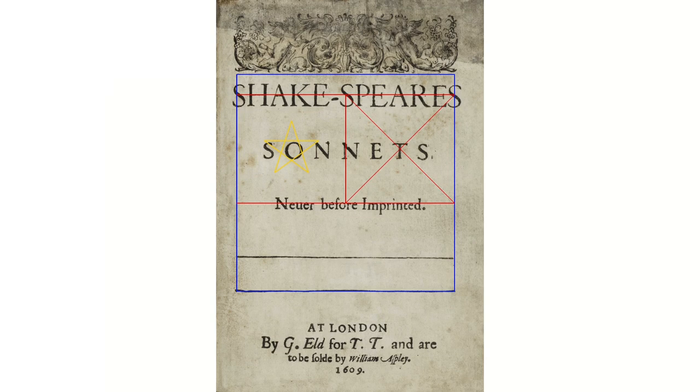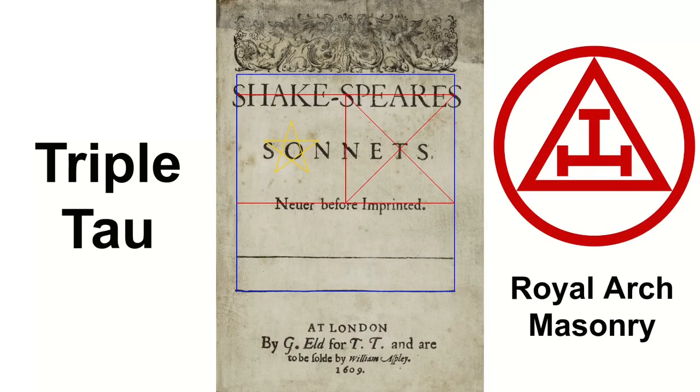You may remember from previous episodes that the strike-through line of Shakespeare's and the strike-through line of Noy before imprinted is exactly half the width of the lower rule. These two rules are slightly different sizes, actually. Well, we've got a quadrant. We've got two quadrants of this larger square, which drop down to form this pattern here. Now, we're very interested in this subject in the triple tau, the symbol of Royal Arch Freemasonry,